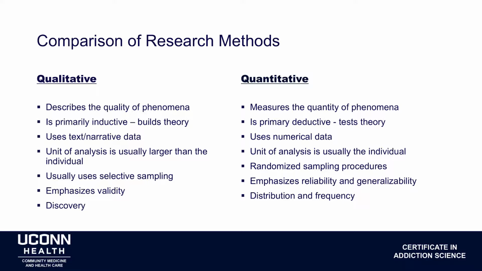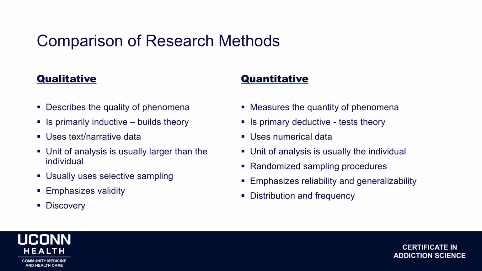Qualitative methods are primarily inductive. They build theory because you're going in to try in an unstructured way to discover, whereas quantitative methods are primarily deductive, testing theory. We use, in qualitative methods, text and narrative. Observation requires describing this in words and paragraphs. Interviewing involves recording individuals, narrating their perspectives and their lives and the events in their lives, whereas quantitative generates numerical